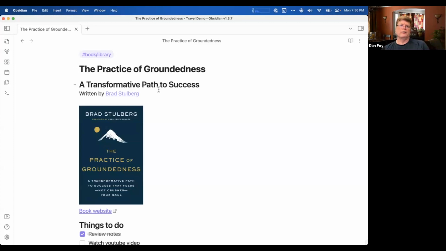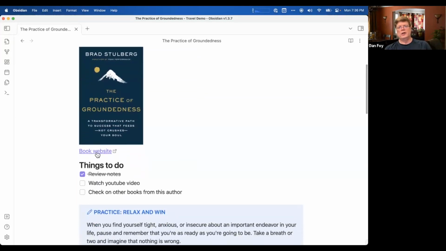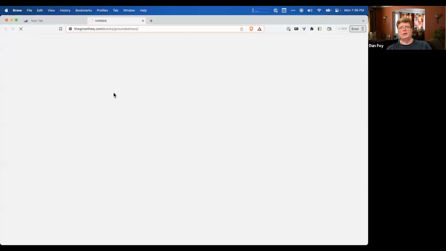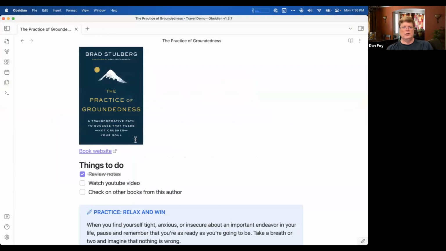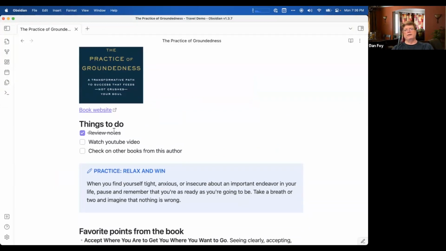And so you can see you have different sizes of text. You have an image in here. You have a link here to a website itself. If I click that, I'll go to the website for that book. I have a little checklist of things to do related to this book. And then I can go through and do or add